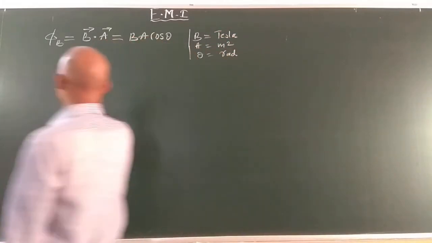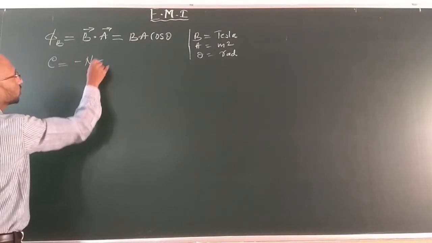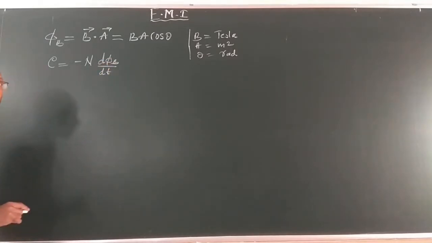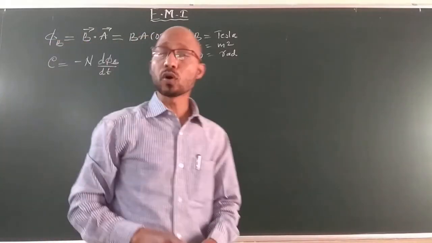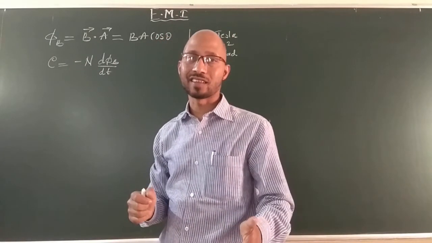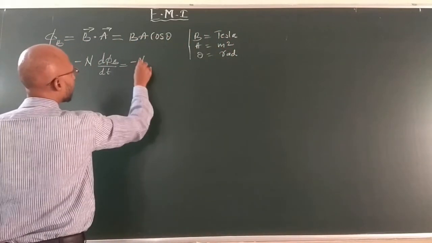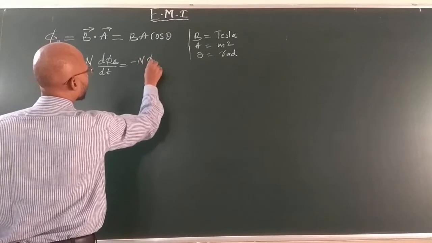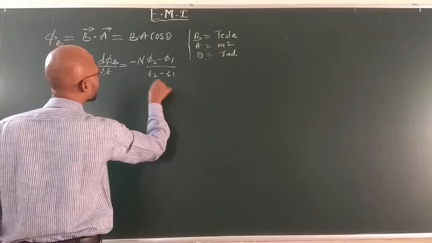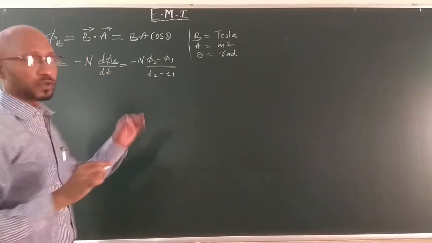The next will be Faraday's law. According to Faraday's, I will write it as N into d phi by dt. Now Faraday says that the magnitude of induced EMF is this. Here it is written minus, that is minus N, because of Lenz's law, that is opposition. If I elaborate, it will also come as N into phi 2 minus phi 1 divided by t2 minus t1. Now with these two formulas only we will solve the first problems.